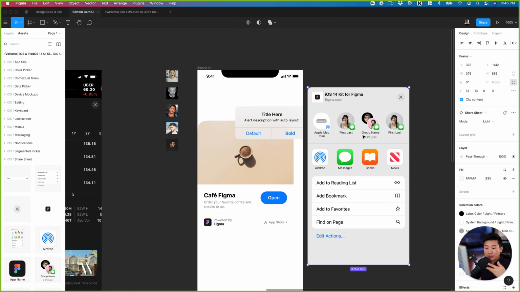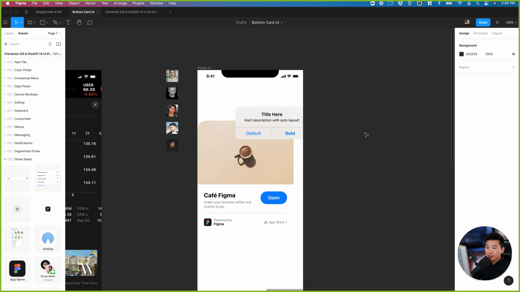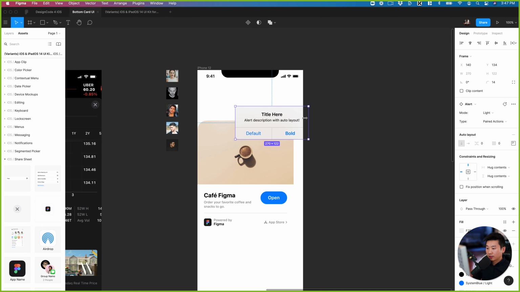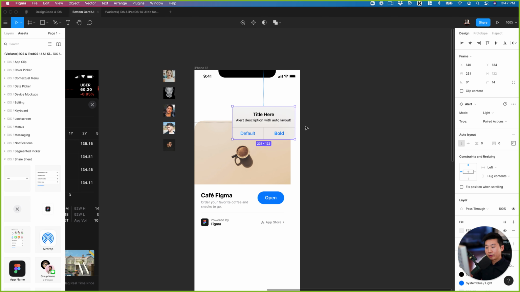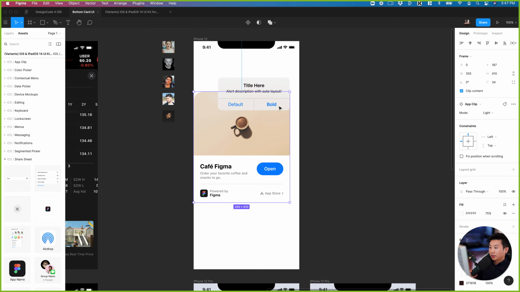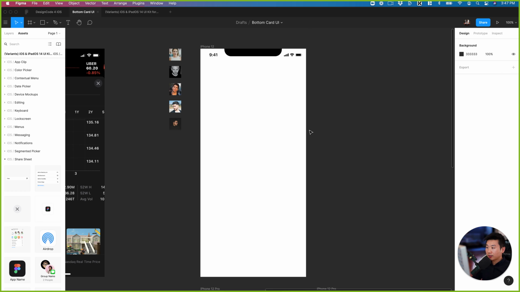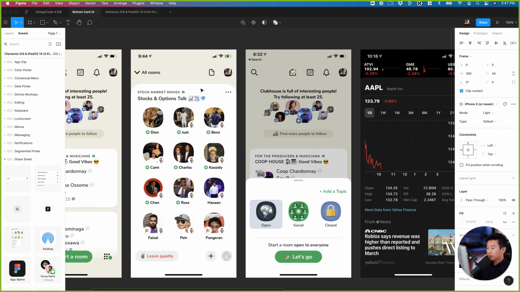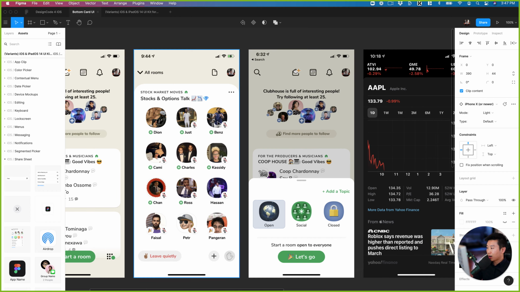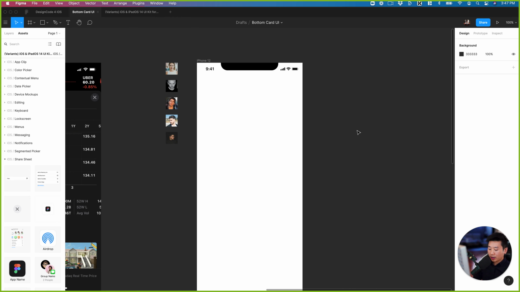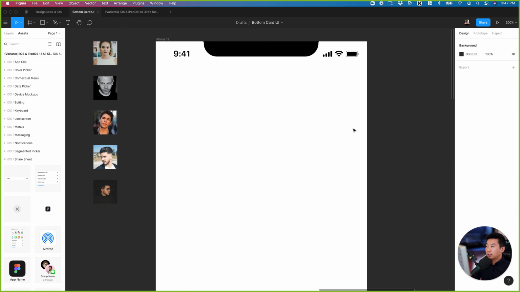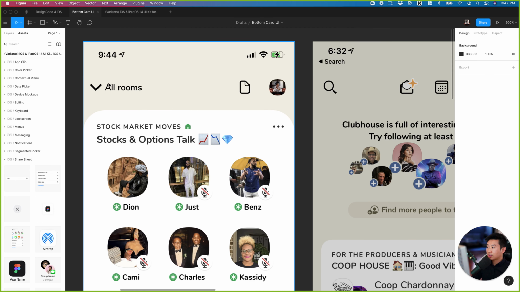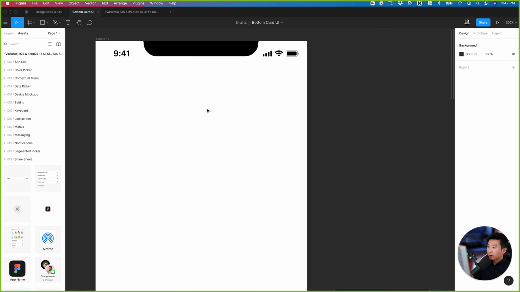So instead of designing these from scratch, you have access to a library that is already well organized with adaptive layout and constraints and auto layout, and that's going to really speed your design. In this case, it's not necessarily a conventional UI, which is why I'm going to do it from scratch. We're not using the native navigation bar, as you can see here, but we are going to use